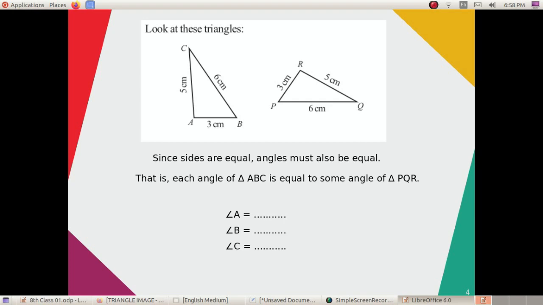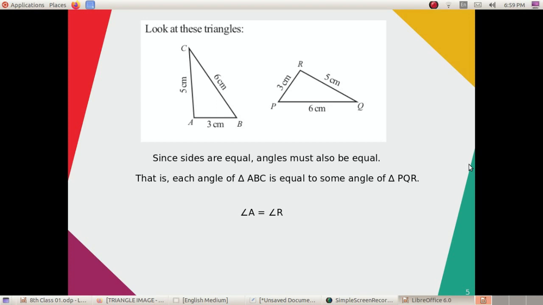That is, in these two triangles, the angles opposite to the side 6 centimeters are angle A and angle R. So we can say that angle A and angle R are equal. Once again, the largest angles in both triangles must be equal. Angle A is equal to angle R, since they are opposite to the equal sides.